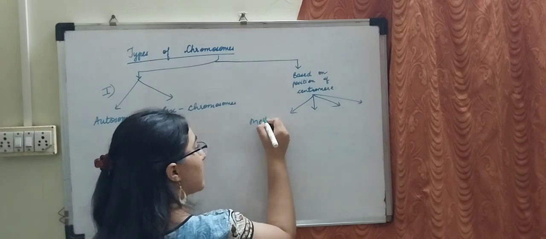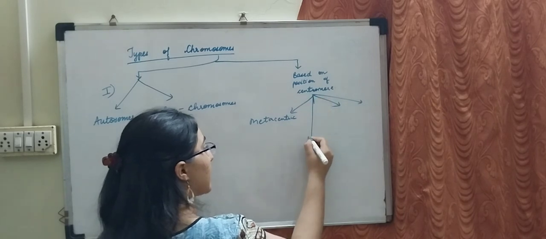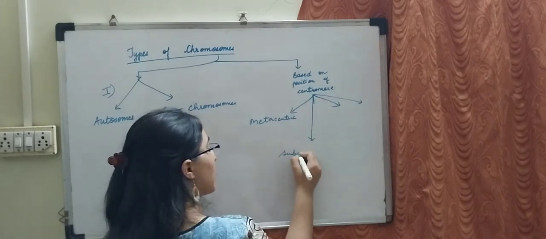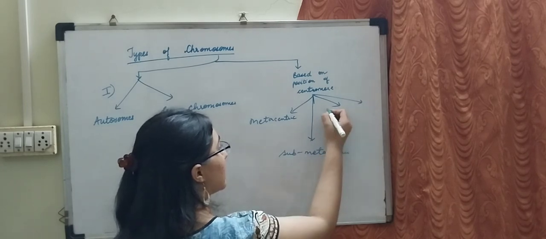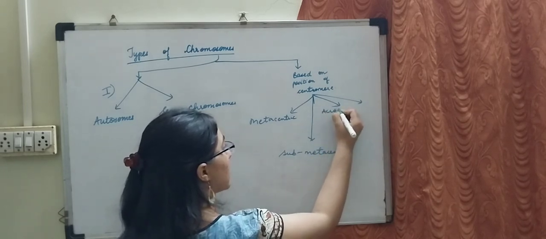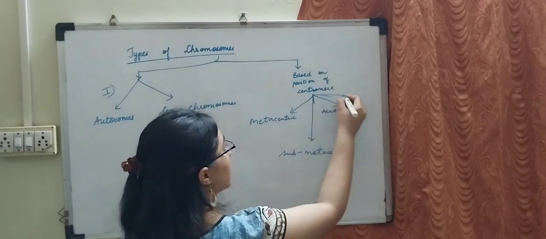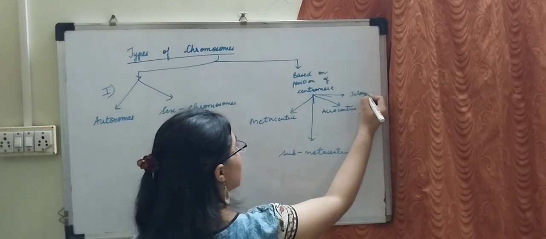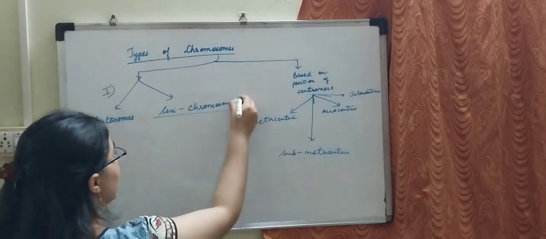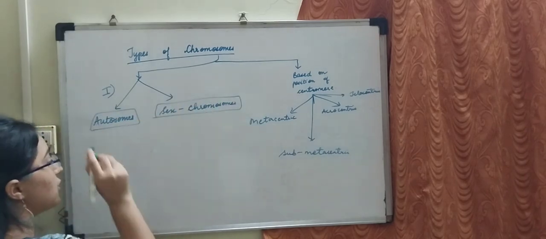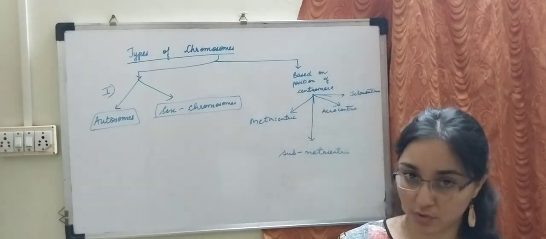First is metacentric, second is submetacentric, third is acrocentric, and the fourth one is telocentric. So in human, if I say there are 23 pairs of chromosome, out of those 23 pairs of chromosome,